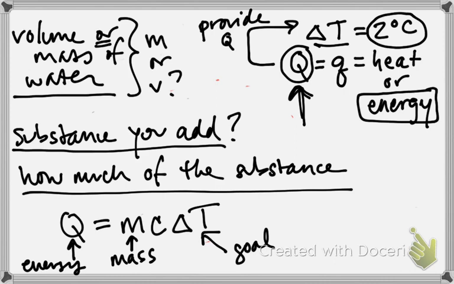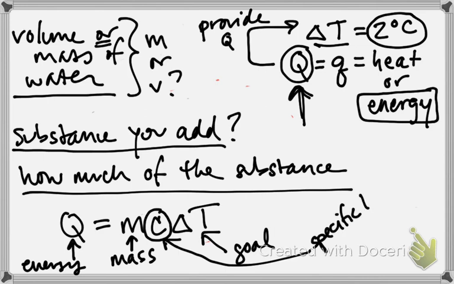And then we got this mass thing, and we're like, is that the mass of the water? Is it the mass of the aluminum? Is it the mass of the copper? Is it the mass of the hand warmers? Like, we don't necessarily know. But this little guy in here, this is something that we're going to talk about together in class. This is what's called specific heat. And it has a very specific meaning. But for now, we're going to use this specific heat term to kind of represent